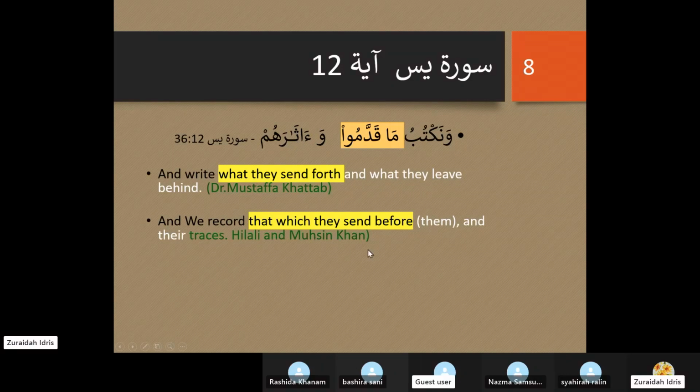So where did you get the again and again? Because it is an action, it's a present tense action. Qaddamu, although it's past tense here, is still an action. So meaning it's an action that you will keep on doing and they will keep on sending. You're still alive, right? But then of course, the effect of those actions is done. There's nothing that you can undo. The traces here means the effect of the actions.